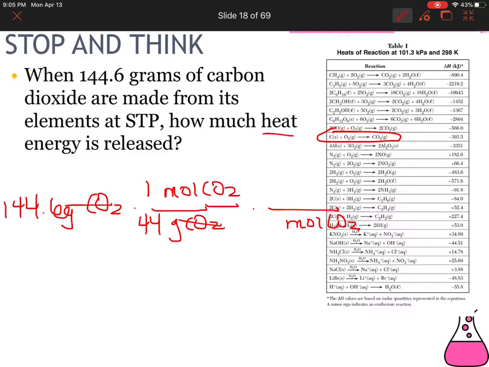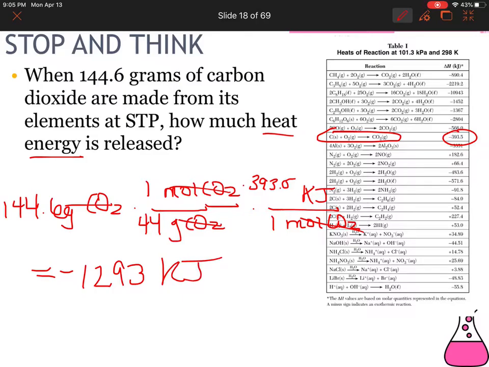And now, again, I'm looking for heat energy, and heat energy is measured in kilojoules. So kilojoules on the top. And now I pull the numbers from the balanced equation here. So in my balanced equation, it's 1 mole of CO2. And my delta H, which is kilojoules, is negative 393.5. So now my moles of CO2 cancels, and I'm left with kilojoules. So I take 144.6 times negative 393.5 and divided by 44, and that should give me negative 1293